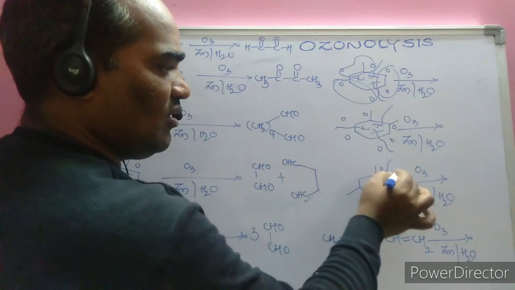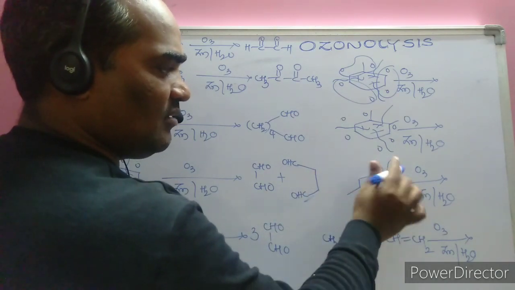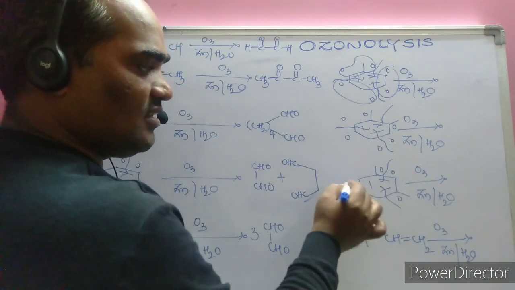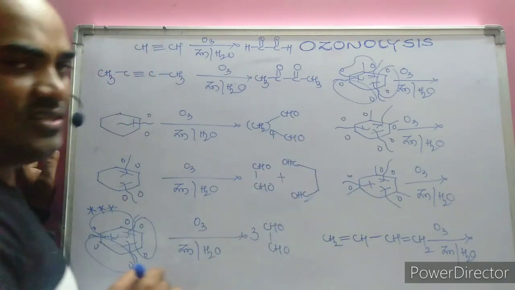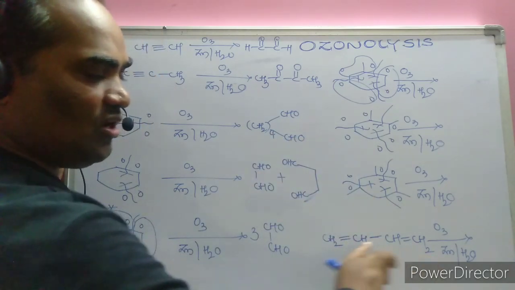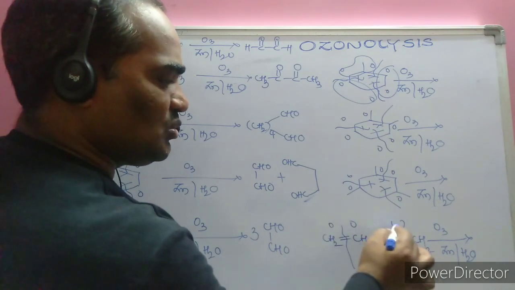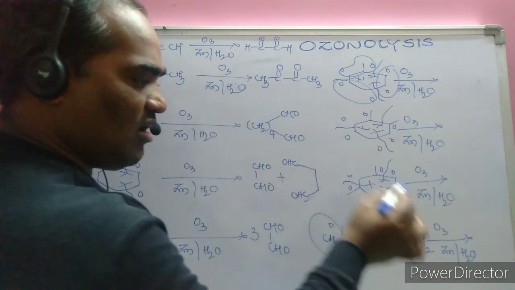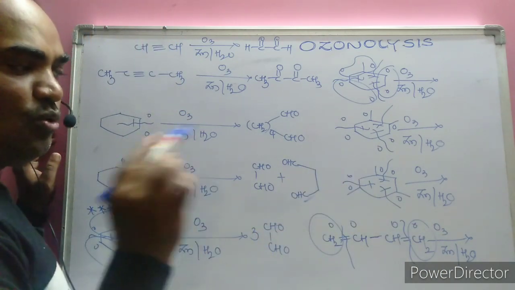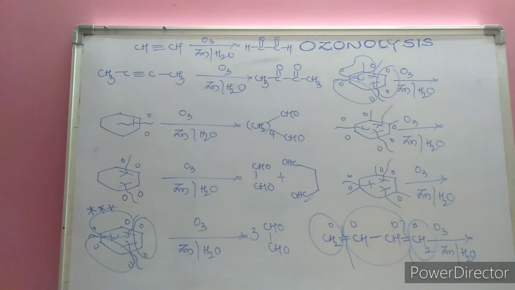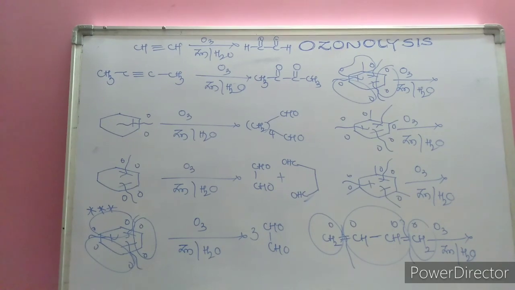Here is also a double bond at the respective carbon atoms. This side is a double bond, this side is also a double bond. Methyl glyoxal, here is also glyoxal, glyoxal, like that. If two different double bonds are present, put oxygen, oxygen, here is also oxygen, oxygen; one is formaldehyde, another is formaldehyde. 2 moles of formaldehyde and 1 mole of glyoxal are formed as products under the ozonolysis reaction. These are very important examples and ozonolysis is a very important topic.